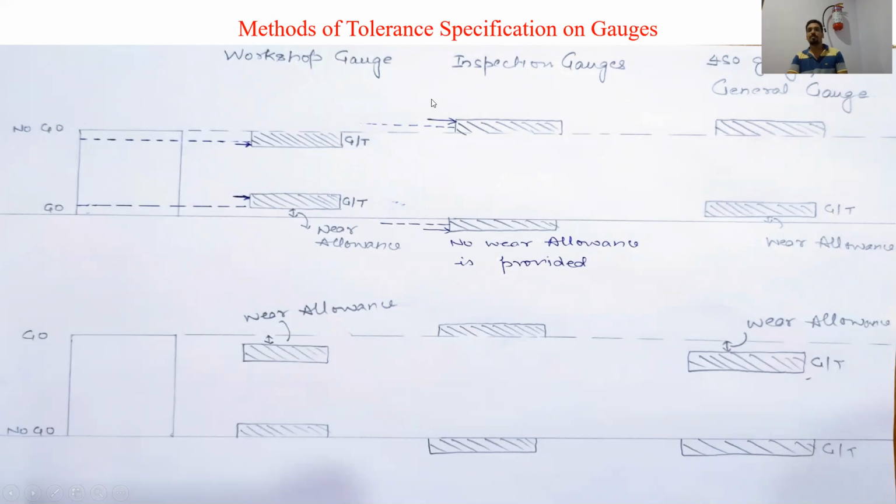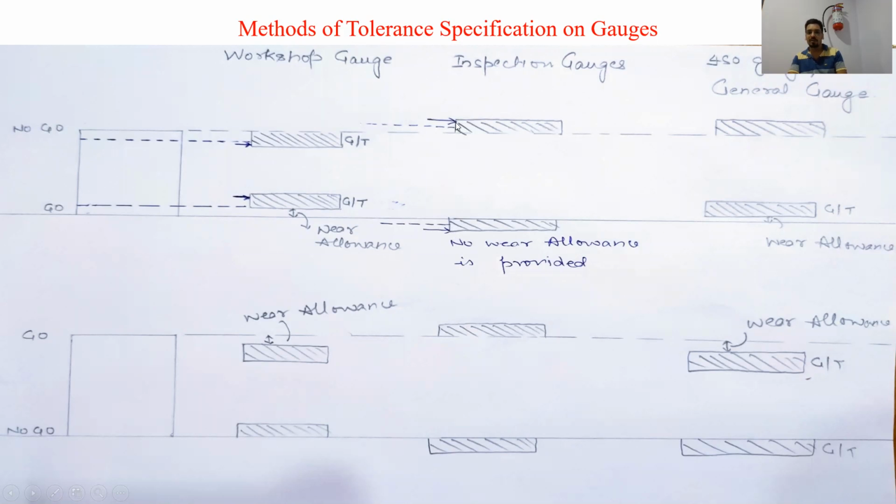So next type of gauge we will discuss is the inspection gauge. Inspection gauge डिपार्टमेंट क्या सोचता है, जो इंस्पेक्शन डिपार्टमेंट होता है वो कहता है ऑलरेडी इस पे काफी वर्क किया जा चुका है, इस कोड पे काफी वर्क किया जा चुका है, तो हमारे जो पार्ट्स हैं वो आपके कम से कम रिजेक्ट होने चाहिए। अब वो उसके लिए क्या करता है, कम से कम रिजेक्शन के लिए क्या करता है, the gauge tolerance is provided out of the upper limit and the lower limit.